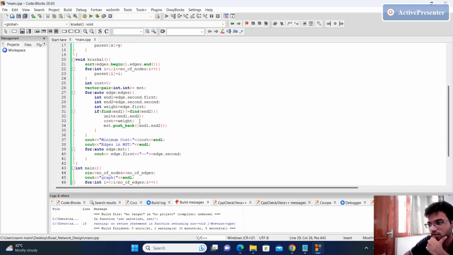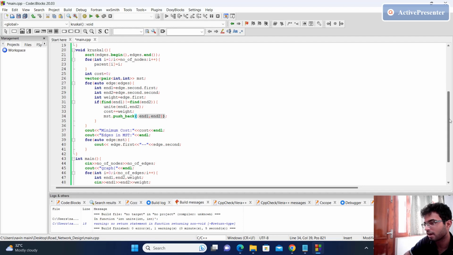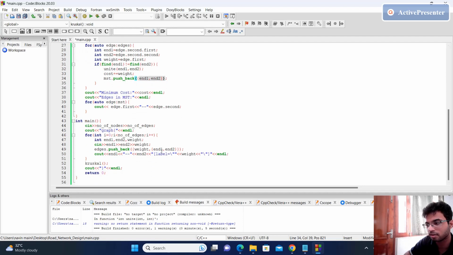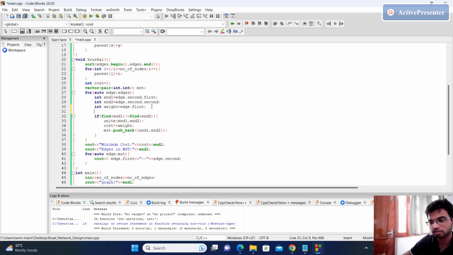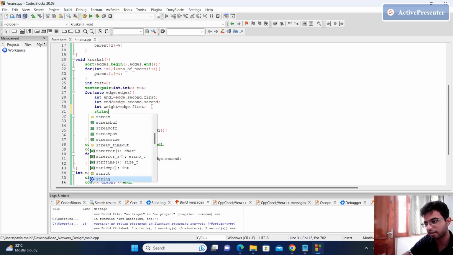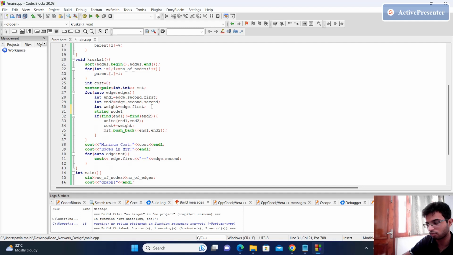So here I should make the changes. And is there any change to be made here? Let's see. Okay, so firstly, what I can do here is I can define a string node 1, comma node 2,